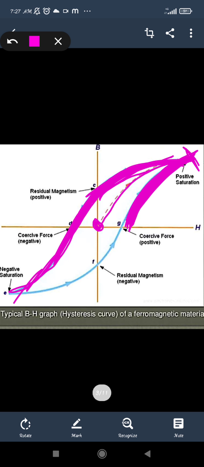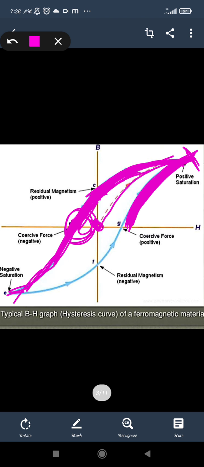So what we can say is that with decreasing value, B or H will also decrease and become 0 at a value of the reverse magnetizing field. That is the residual magnetism. To make it 0, that point is said to be the coercivity, or the coercive force. The coercivity is this point, because after this we have to make the residual magnetism 0. So that point is said to be the coercive force, and that point will be given as the coercivity of